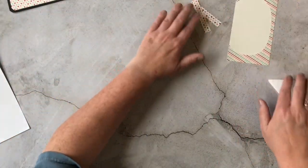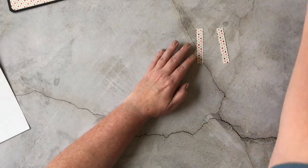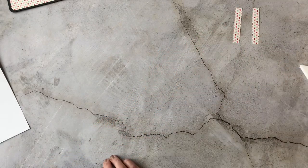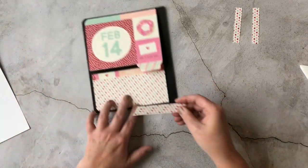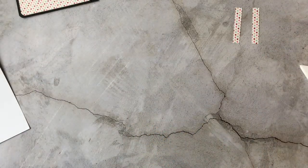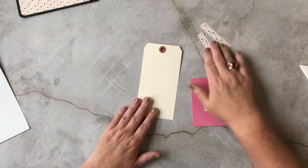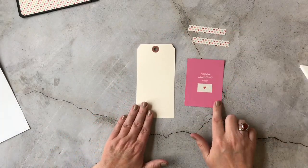So now let's work on our tag. These are the only pieces of paper that we have left right now, this and this. But this, I said, just kind of hang on to that for later. Oh, sorry. And then we had this one too that we cut off when we were doing this here. So we have that. Okay, where am I? Okay, so let's make our tag. So this was that branding strip that we cut. This came from that